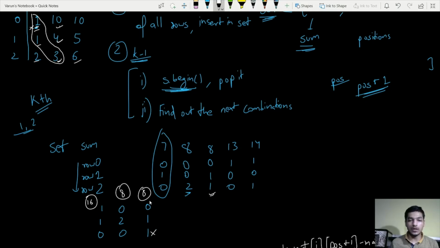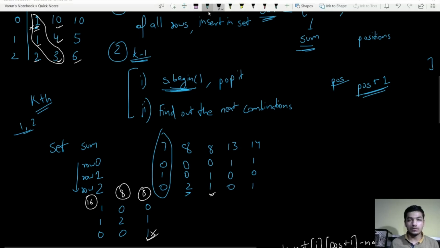which is similar. So in the set this is controlled automatically because set doesn't allow duplicacy. So if you're using priority queue or something else, you need to take care that you don't push the duplicate elements in the data structure. In the set it is automatically taken care of, so we don't need to do anything. So we will push the two new combinations we found.